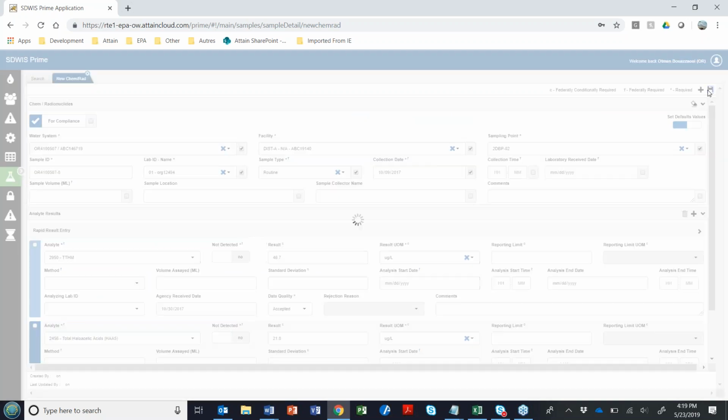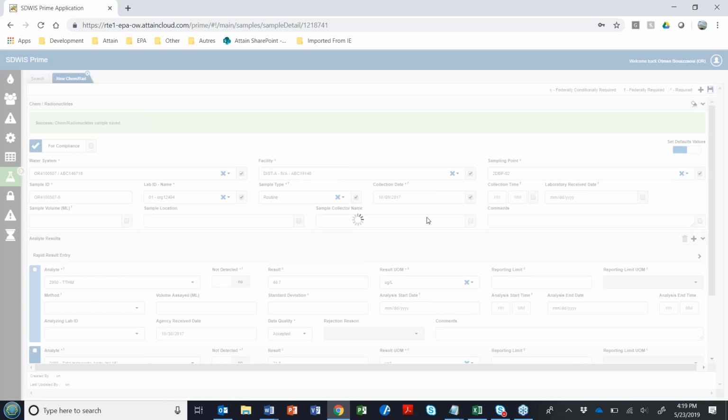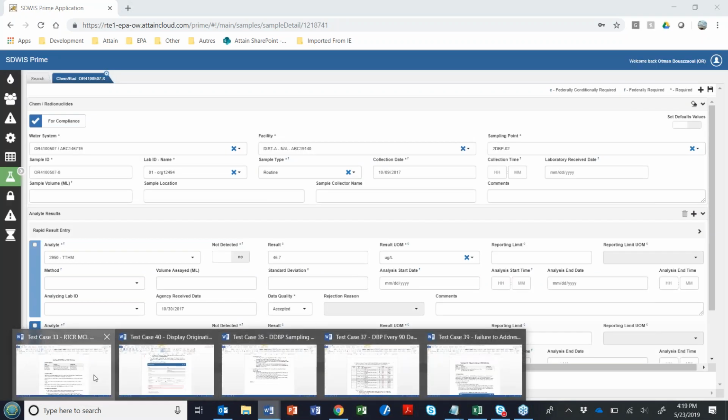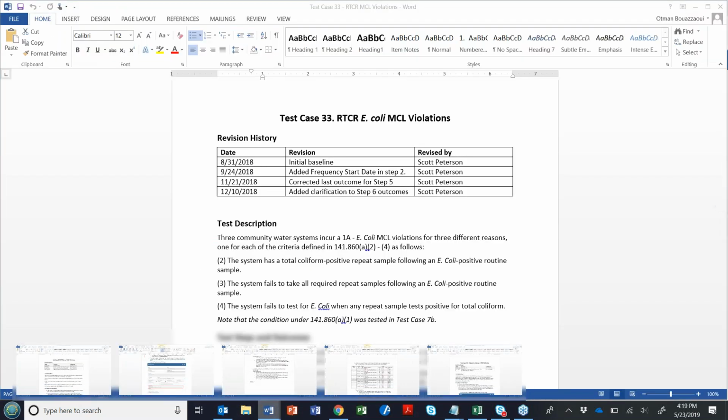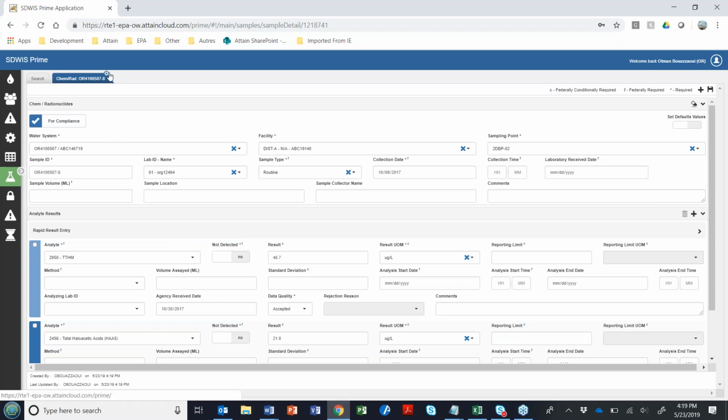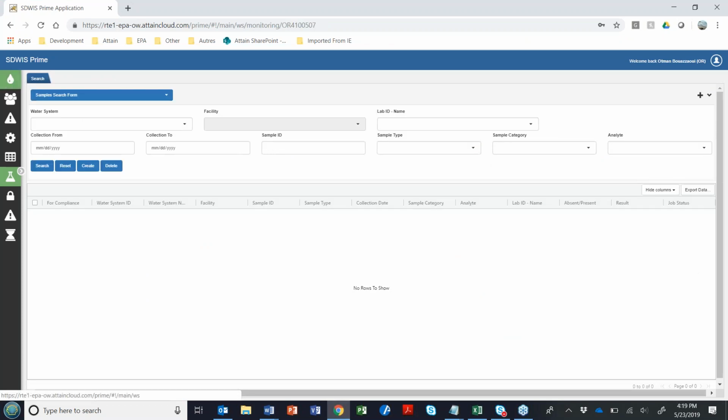I'm good to go. All right, let's go ahead and hit save. If you've been following with the document here, I just entered the very last 2 samples in this table, which brings up the total of samples that you're going to be entering for this test case to 8.